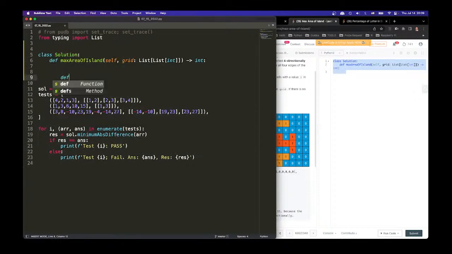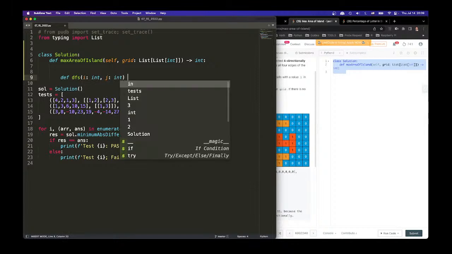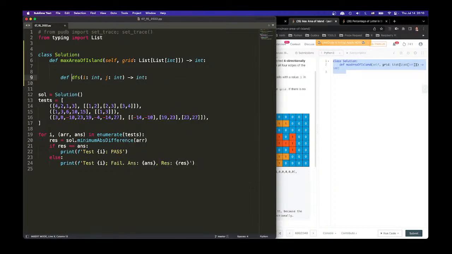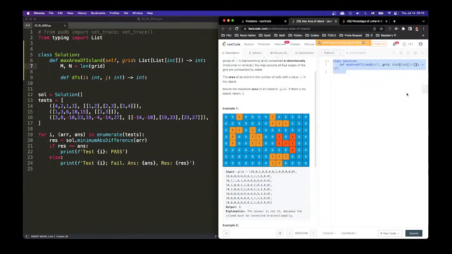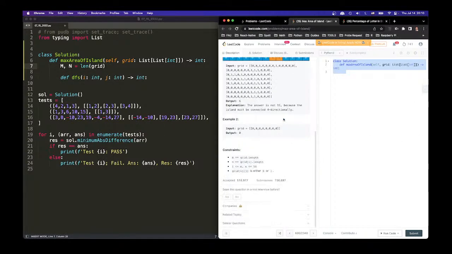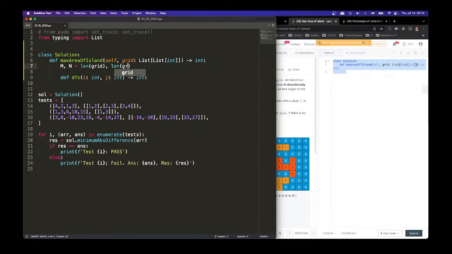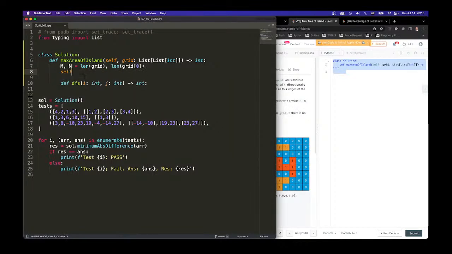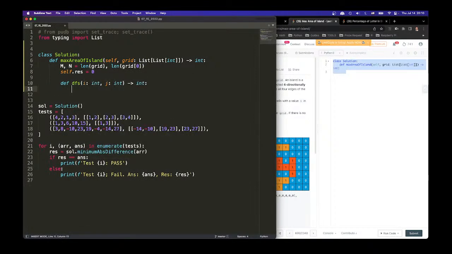Okay, so DFS, we have i, j, and actually nothing. I'll return an int, okay? And then we have m, n equals len grid. Could grid be empty? Nope. Perfect. len grid 0. And self.res. We want the largest, so we start with 0, right? And then we say